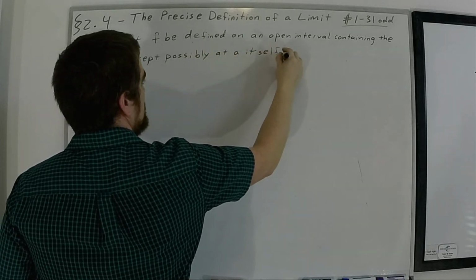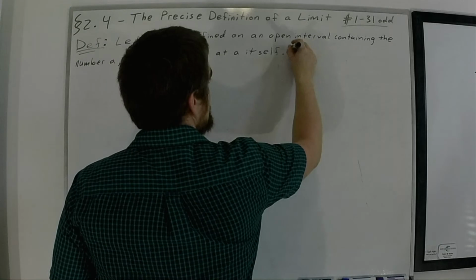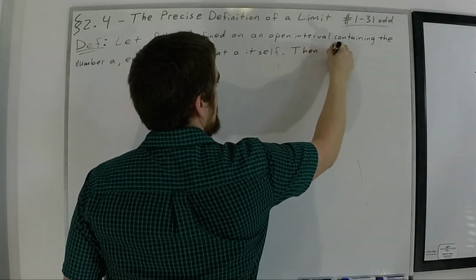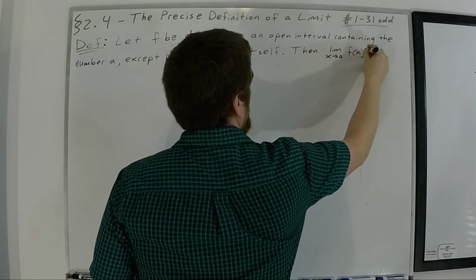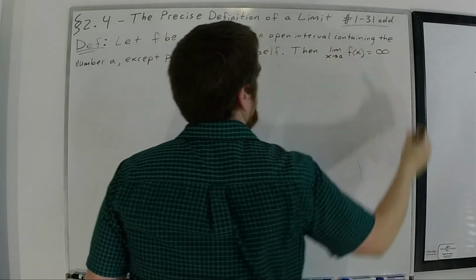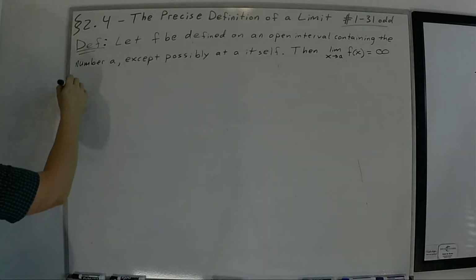Right? It doesn't have to be defined at a in order for there to be a limit at a. Then the limit as x goes to a of f of x equals infinity if